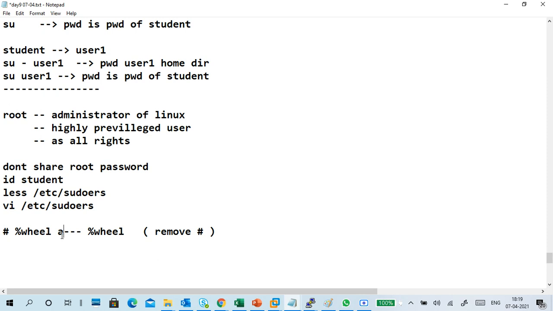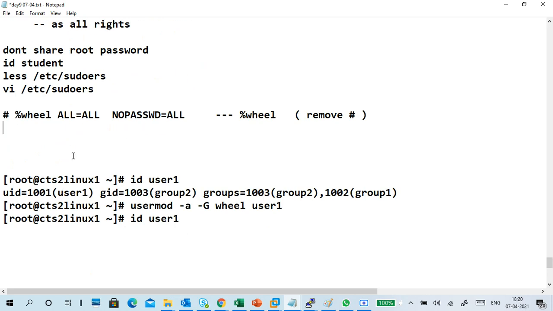Okay, so it shows ALL=(ALL) and so on. Something like that it is showing, right? So remove this hash.